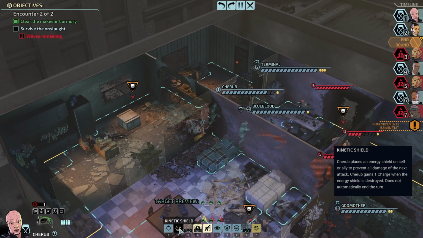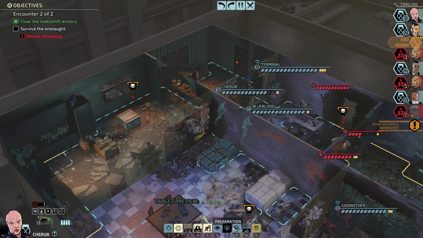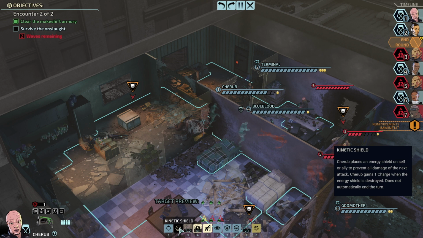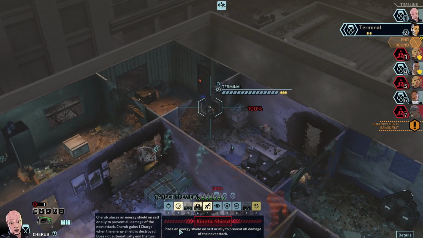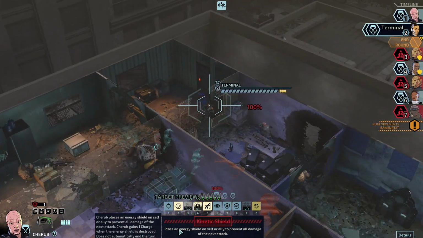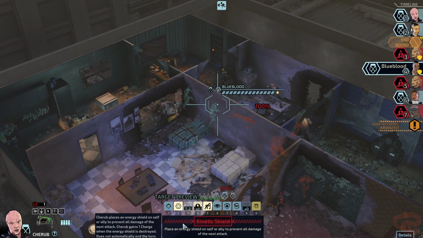We're not going to use Supercharge yet. We still got 2 more waves of reinforcements coming in. So let's do our Kinetic Shield on ourselves. Oh, we already have it on ourselves, so I don't even have to use it. That should mean